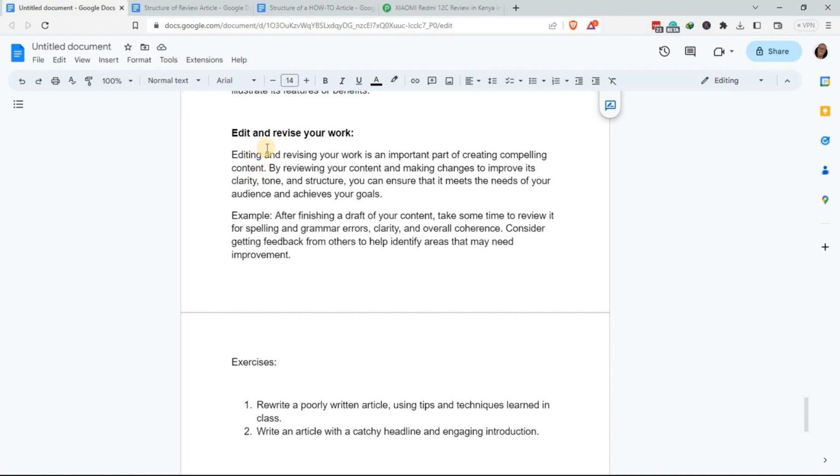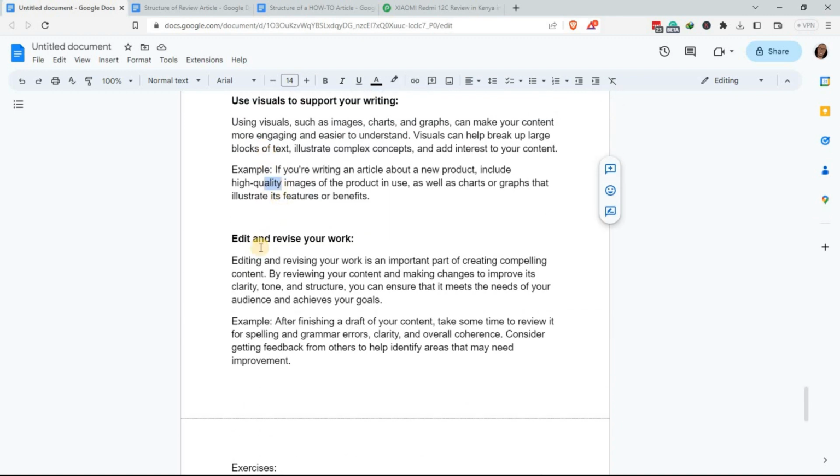Now, almost the final step of writing compelling content is to edit and revise your work. When you review your content, you make changes and improve on things like clarity, tone, and structure. This ensures that your content meets the needs of your audience and achieves your goals.